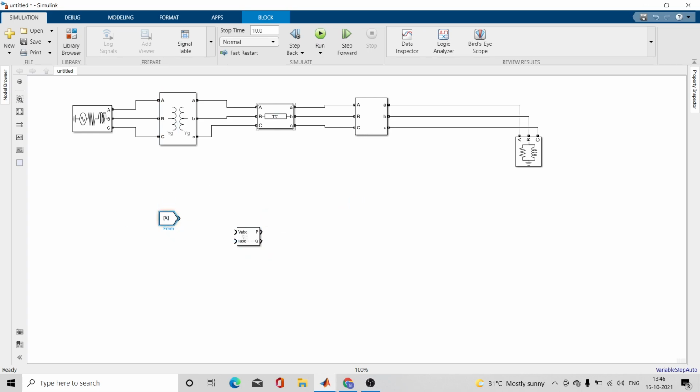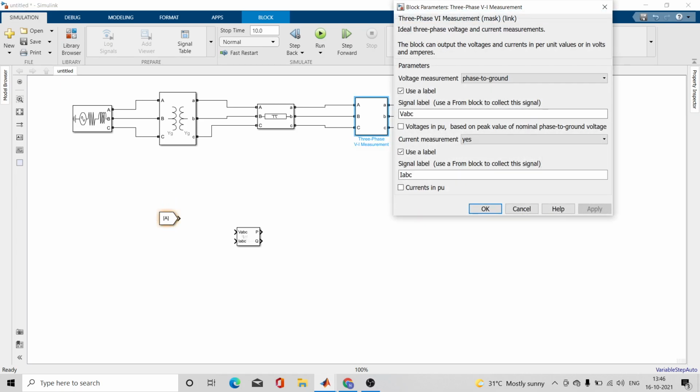Instead of connecting your three phase voltage directly to here, you can take the labels. How will that label understand that I have to take the input from some voltage? It will depend on the labels over here. In the three phase VI measurement block, you have given the label VABC for voltage, and IABC for current.